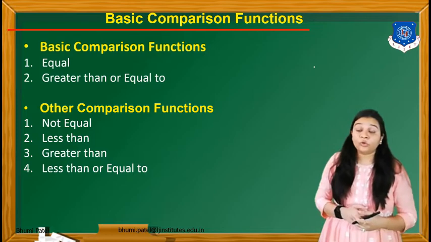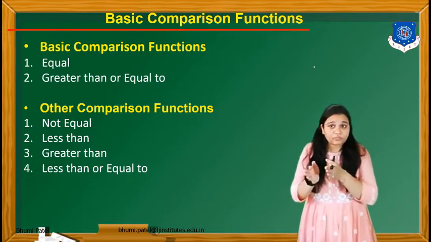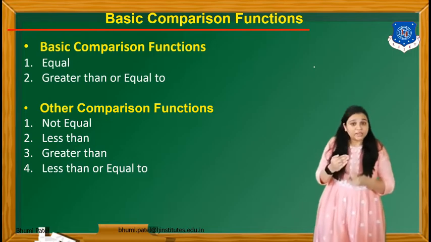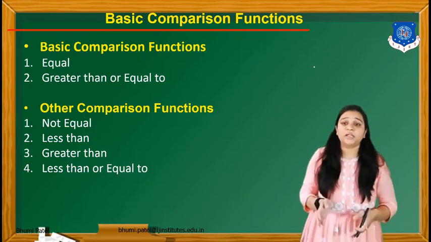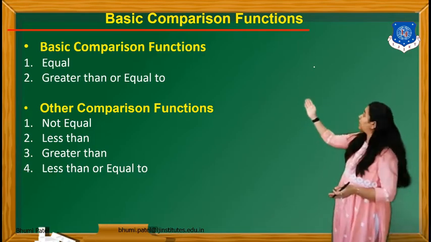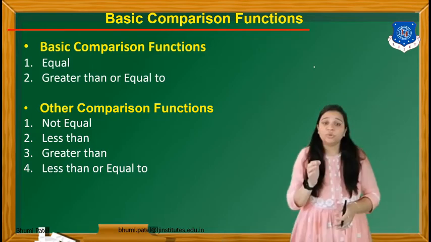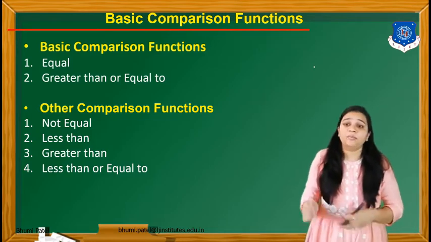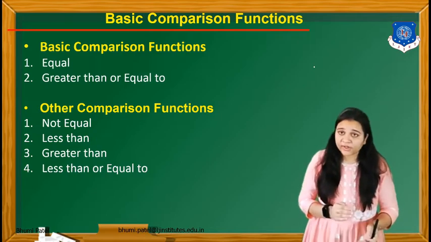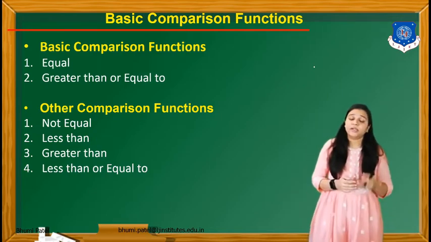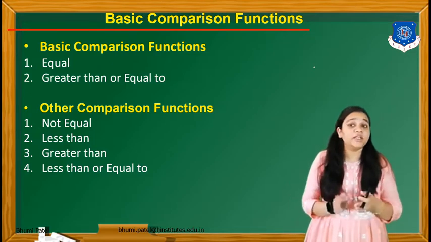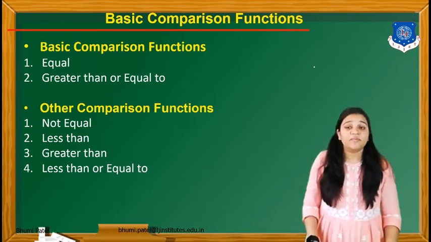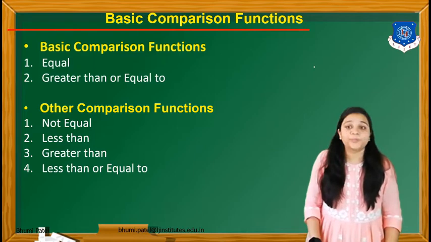So for not equal to, we have to use the logic of the equal to function and then derive the function for not equal to. Same for greater than: we use the greater than or equal to function, and if the number is not equal, then the number will be greater than. So using only two functions, equal to and greater than or equal to, we have to draw the ladder diagram for the other comparison functions like not equal to, less than, greater than, or less than or equal to.